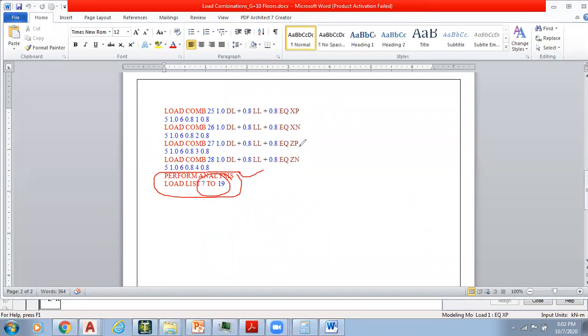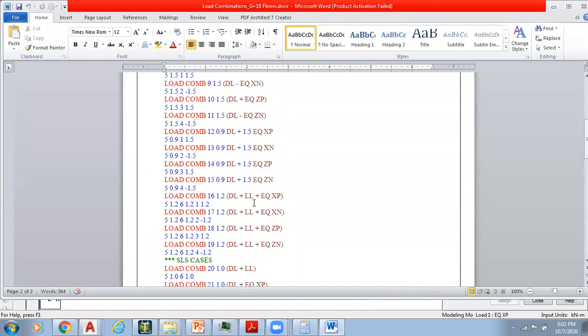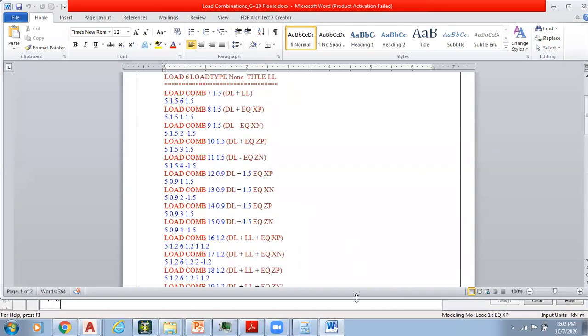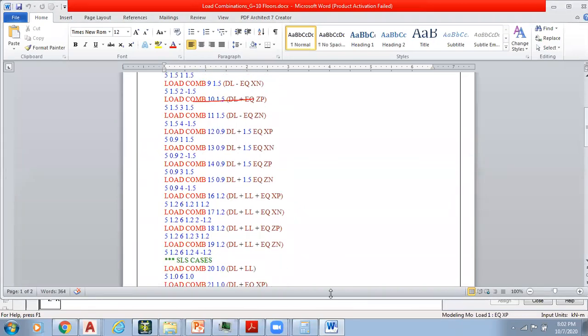Load combinations will be considered from the 7th number to the 19th number. See, this is the 7th number and this is the 19th number, up to this. The reason is these combinations are limit of strength combinations. Limit of strength combinations means all the combinations have a factor of safety more than 1, like 1.5, 1.5.